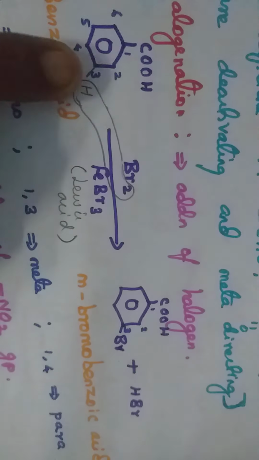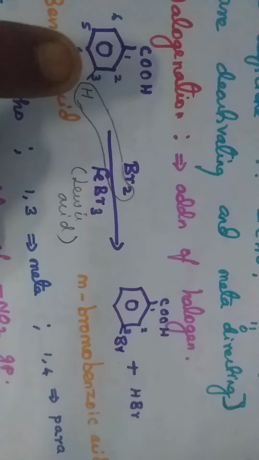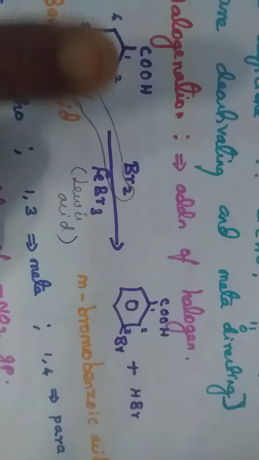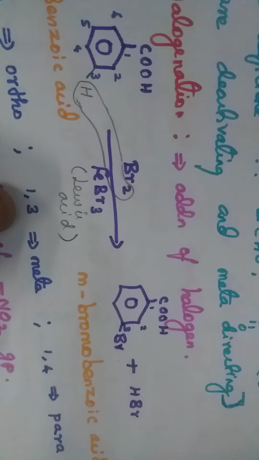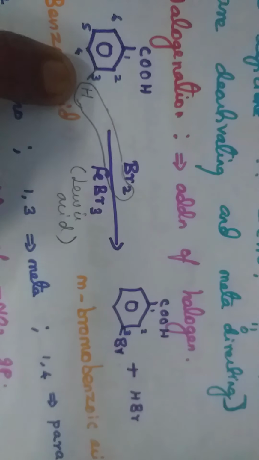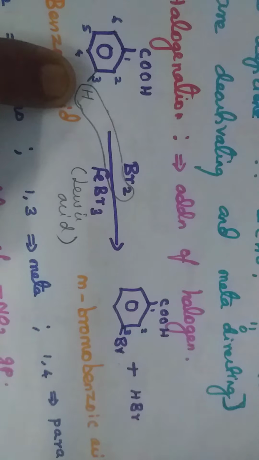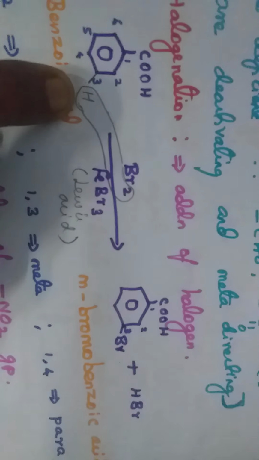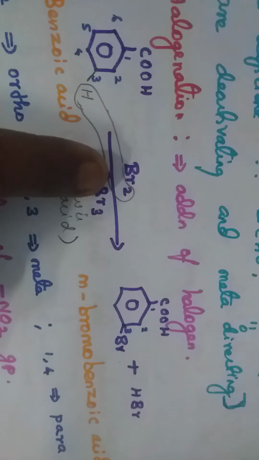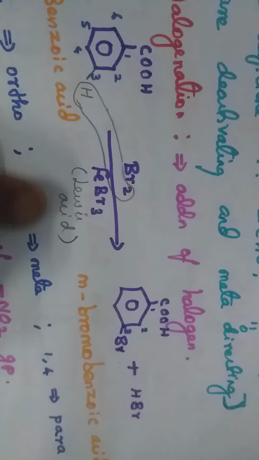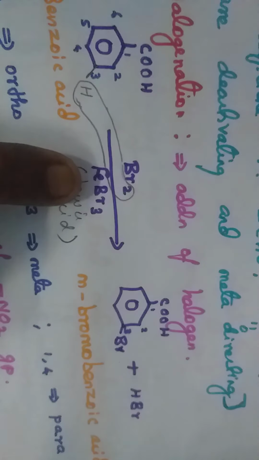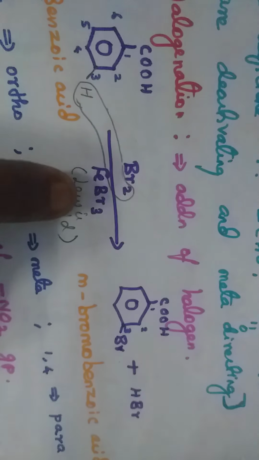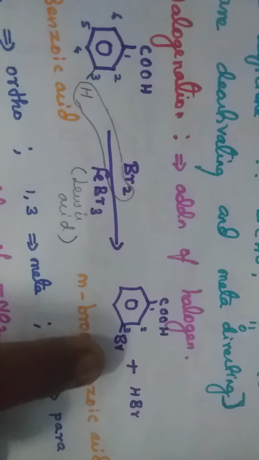Now we are going to see benzoic acid. This carboxylic acid is meta-directing, as we already mentioned. Meta position means the 1,3 position. In this ring, all the corners have one hydrogen. This hydrogen reacts here; it is bromination. Halogenation takes place only in the presence of a Lewis acid, that is ferric chloride for chlorination and ferric bromide for bromination. HBr goes out and Br is added here.